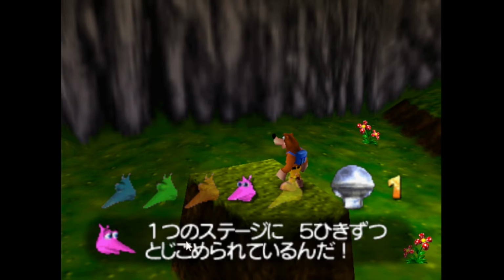But yeah, on one stage, Gohiki Zutsu. I don't know why it's Zutsu. Zutsu means like each. Gohiki Zutsu, so 5 of us each. Does that mean Zutsu is on each single stage, maybe? I guess it must. I don't know why you'd put Zutsu, though. I figure you could just omit that and it would still mean the same thing. On one stage, there are 5. Gohiki. Toji komerarete iru. Yeah, I feel like you could omit Zutsu, but never mind. They've put it on.